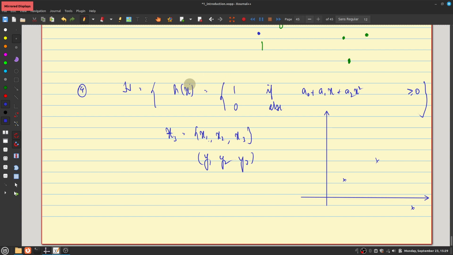So if I wanted to get a particular combination, say 0, 0, 0, 1, 1, 0, all I have to do is either take a positive value of yi or a negative value of yi, depending on whether I want that particular h of xi to be equal to 0 or 1, right? So you can kind of see that H shatters any set of 3 points. Okay.